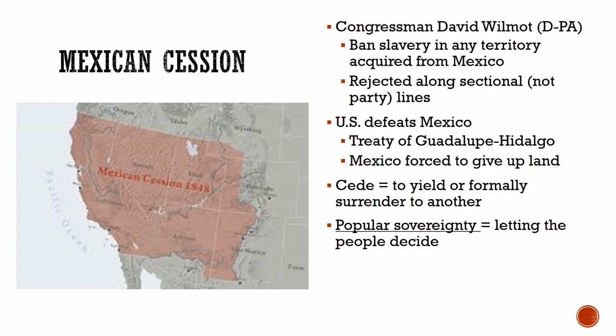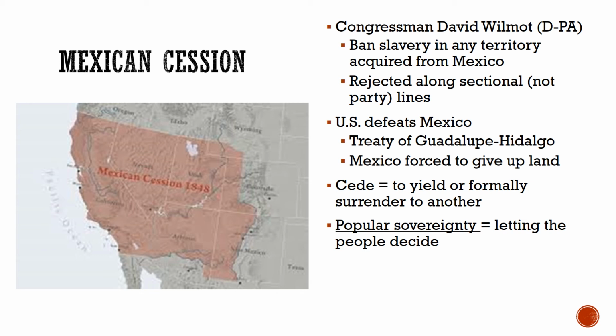When the United States wins the Mexican-American War, the Treaty of Guadalupe Hidalgo is what gives this huge chunk of land to the United States. And during this time, there is an effort to allow the people who actually settle here to decide whether or not to allow slavery. So the idea of popular sovereignty, letting the people decide, ends up being the conclusion